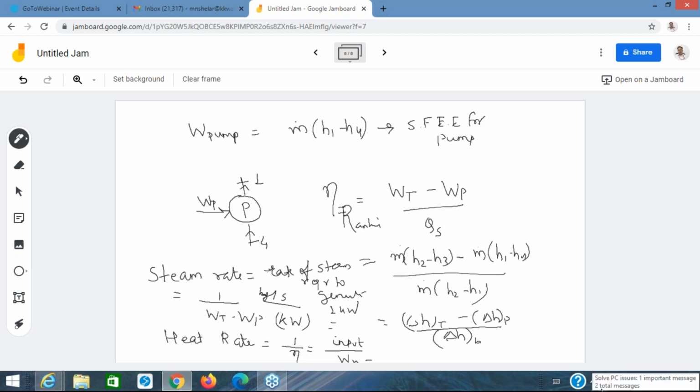We are making an important assumption that the boiler, the steam turbine, the pump and the condenser would behave as a steady flow system. Its properties will not change with respect to time. With this assumption, we'll make some errors in calculations, no doubt about it. But nevertheless, this analysis would be useful in the design of the plant and in the analysis of the actual thermal power plants. Hopefully this is clear to you.